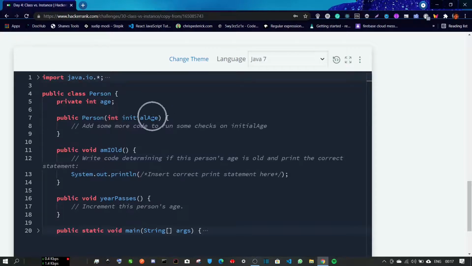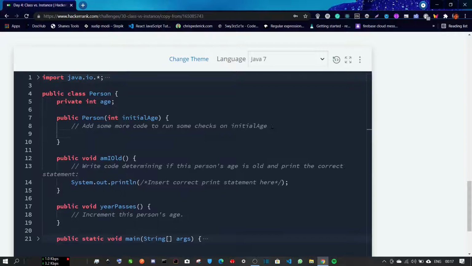You can see here, maybe you see this cursor fluctuating. So here we have to put a check whether the initial age is negative or not.